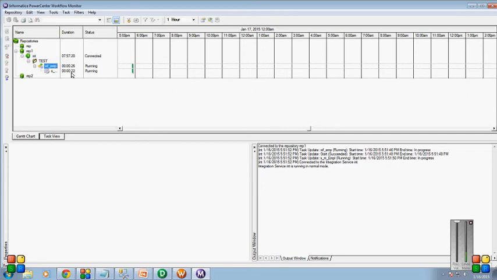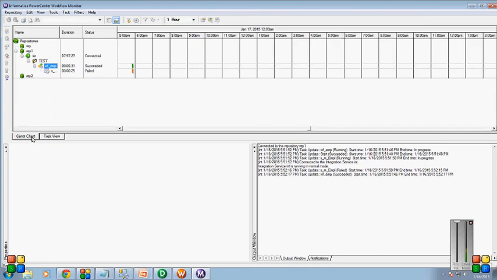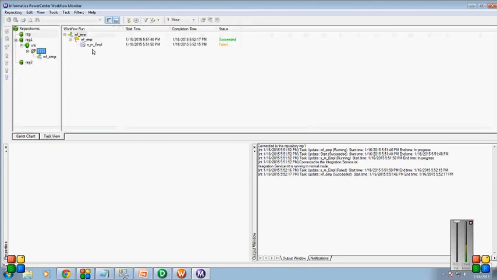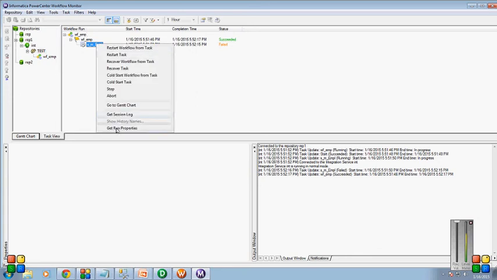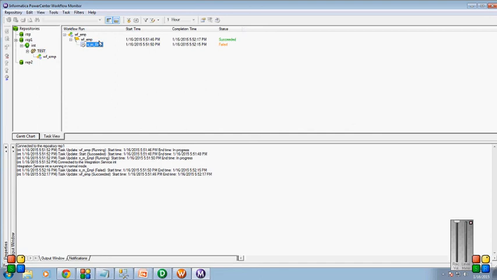It has just started running. This is a minimized view, and this is a whole view. This has failed, and to know the reason for that, we get the properties. We can see that it has failed.